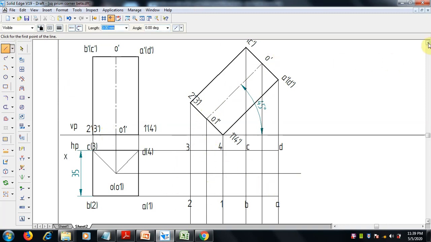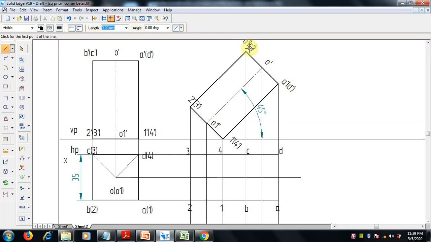When we are seeing from the top, how will this entire thing look? So select 0.5 mm thickness and join the boundary like this, the end points of this where the intersection is there. Right, so now the boundary is over.